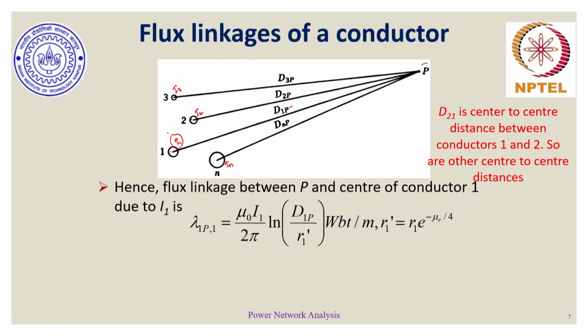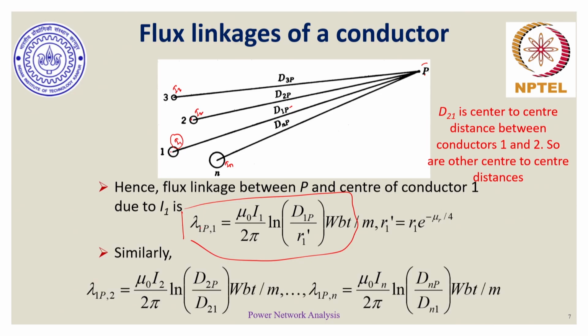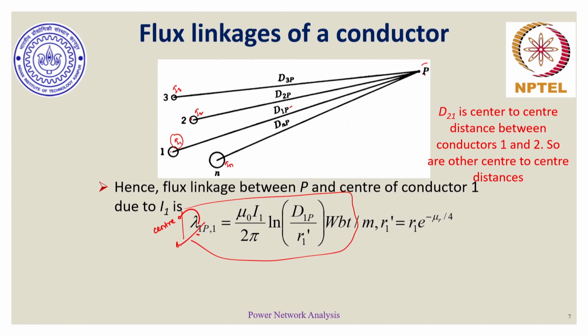For current I1, we have seen the net flux linkage at a point P, at distance D1P from the center of the conductor, due to current I1, is given by this expression, where lambda 1P indicates the point 1, which represents the center of the conductor carrying current I1,